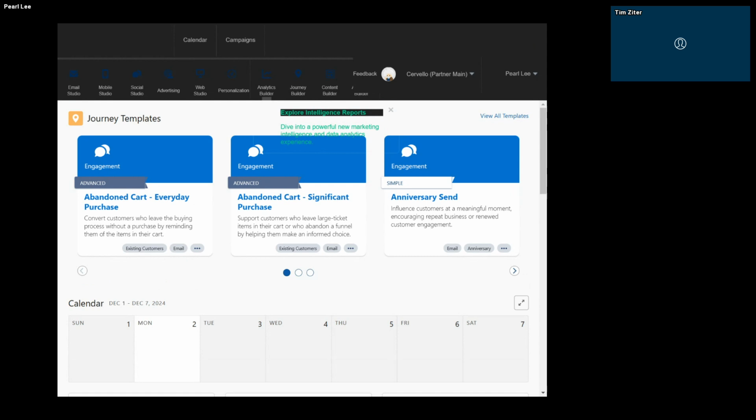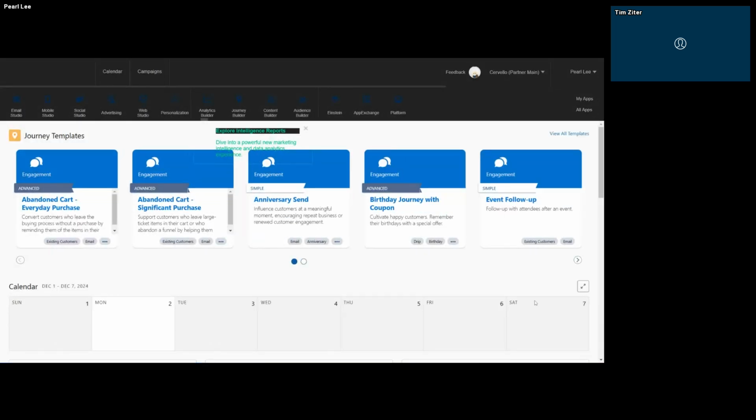That's interesting. Your screen says you've got that Explore Intelligence Reports. I think if you want to X out of that, close all this. Yeah. There you go.